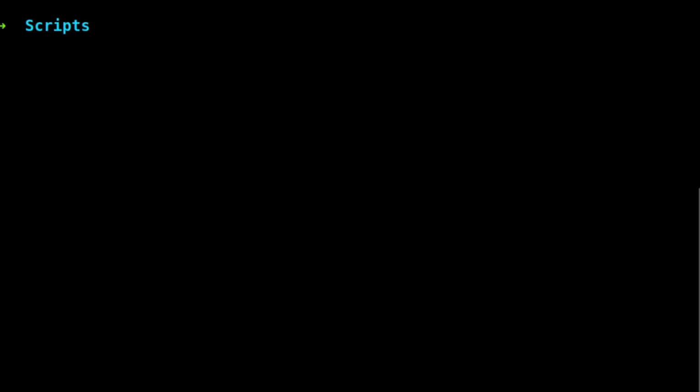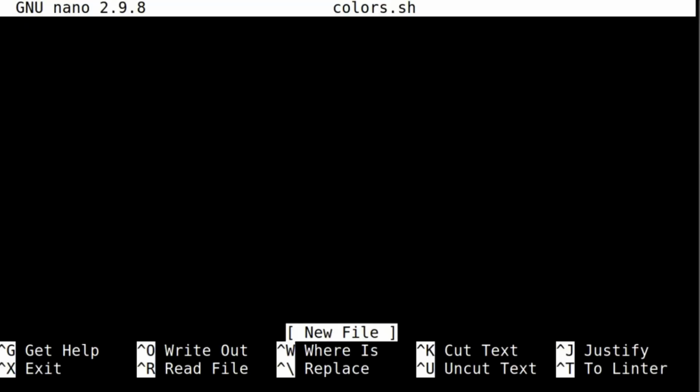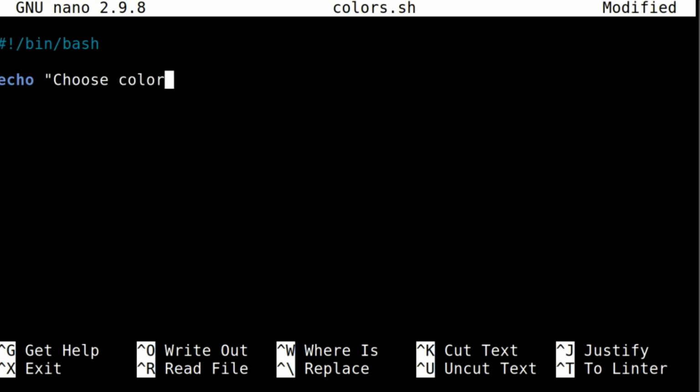Let's take some user input or keyboard input. So we create a new program called colors.sh. You can use any text editor you like. Make sure to include the line to load the shell or the command prompt. And then we'll say choose color. And to make a choice, type select space color, and then from or in your list of colors,